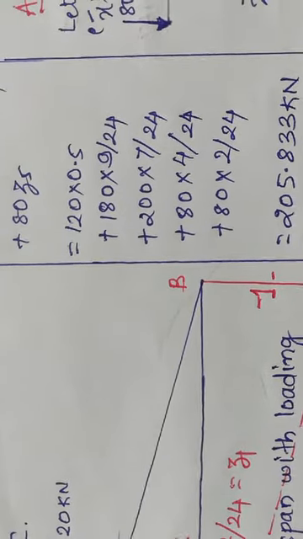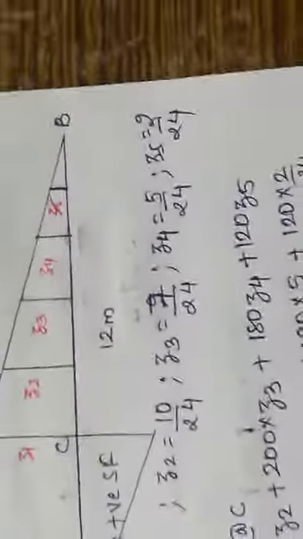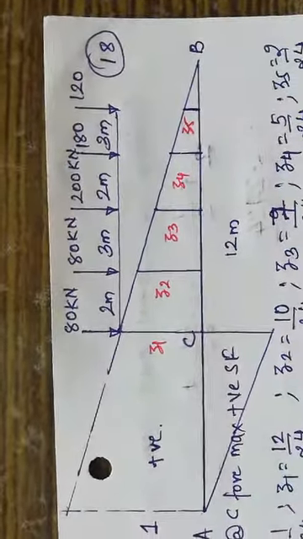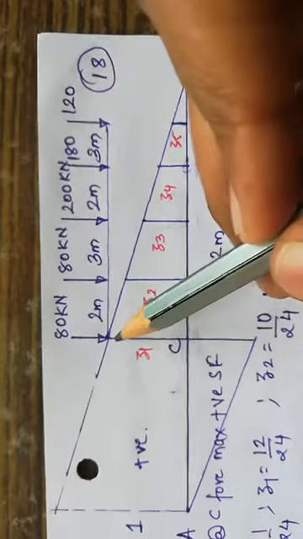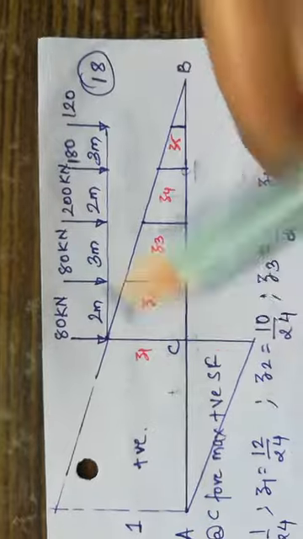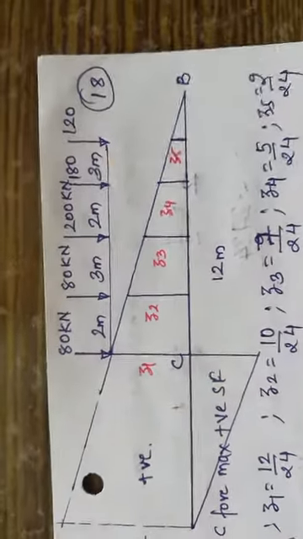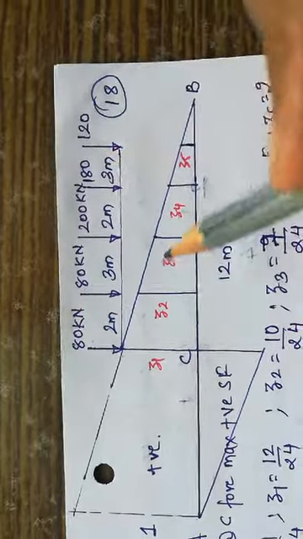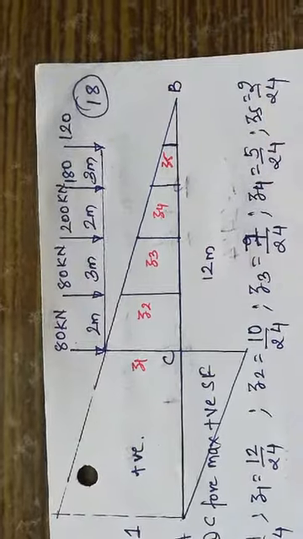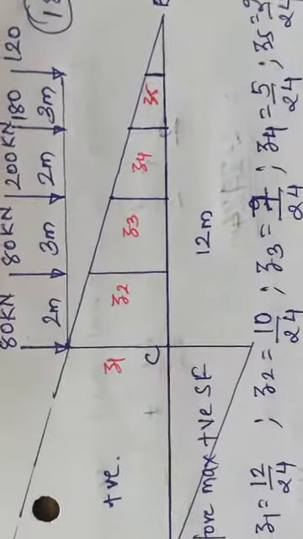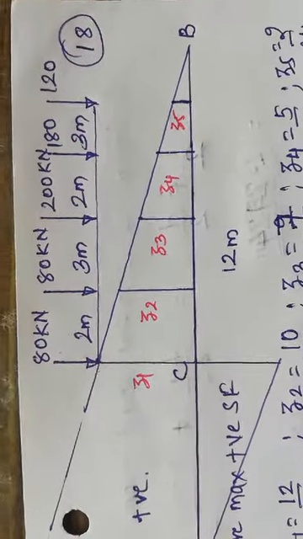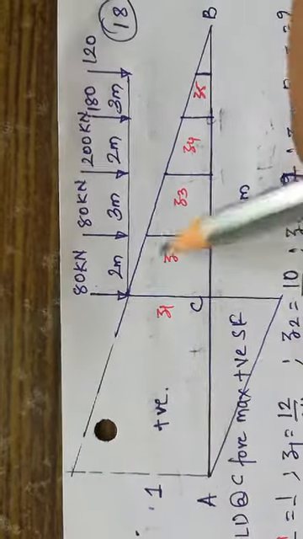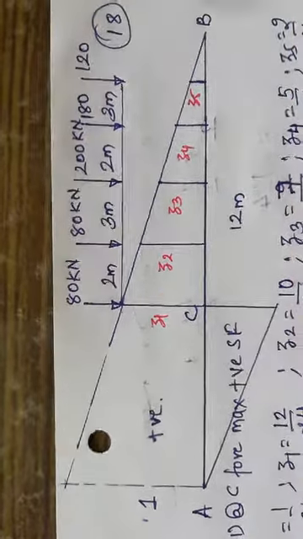Now to calculate the positive shear force at C, the tail of the load should be on C. So as seen here, the tail of the load should be on point C. So this is the diagram. Once you have the 80 kilonewton load on point C, rearrange the loads and their distances for this part, and mark down their ordinates as Z1, Z2, Z3, Z4 and Z5. Since we are calculating positive shear, we take the RA diagram into consideration.